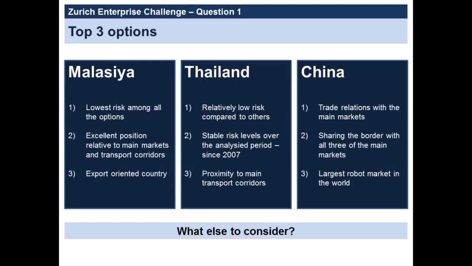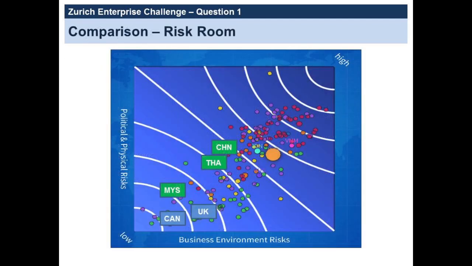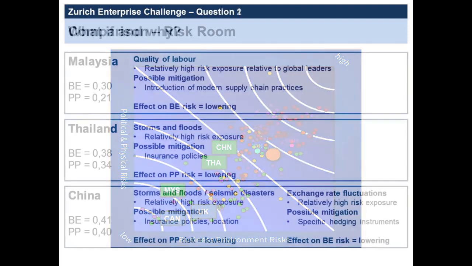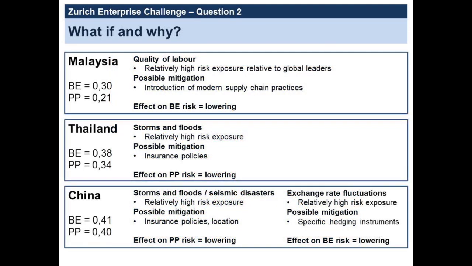We support our decision by the analysis and the data from the Risk Room primarily, and can claim that risk exposure in these countries is relatively low compared to the other given options. However, using the external sources, we were able to further back up the decision. Also, one can see on this graph the position of the chosen three options relative to countries where existing manufacturing hubs are located. Moving on to the what-if analysis, we assumed it is possible to mitigate certain risks in chosen